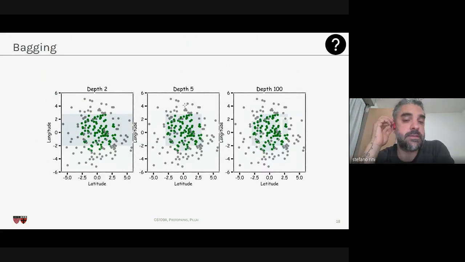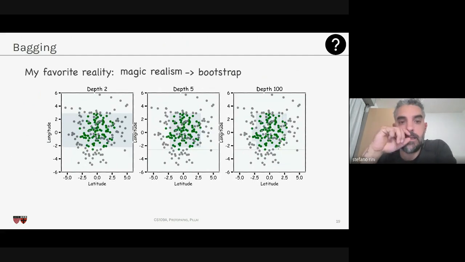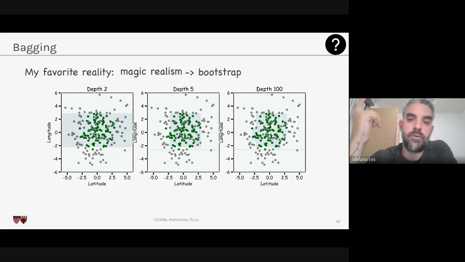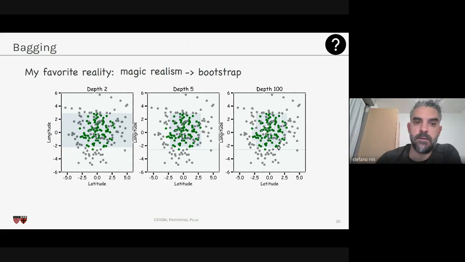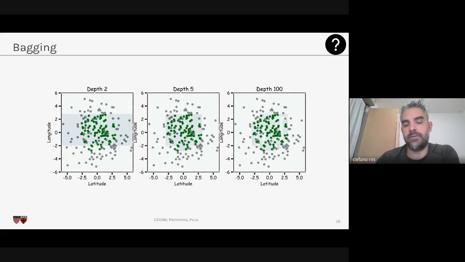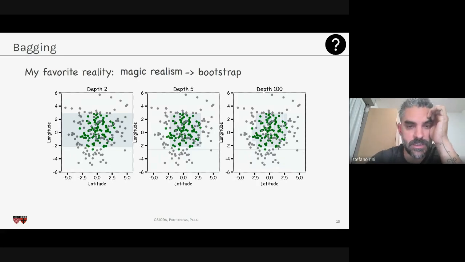Okay, so let's start from the same plot as before, 2 regions, 5 regions, and 100 regions. Then we can do bootstrapping, right? To check the performance of the model, you can always do bootstrapping. So now we see here that we had this model over a certain train test split. Then we redo the train test split, and we see that, of course, the model for depth 2 is a little changed by the change in the data set, and the depth 100 is very much changed by this.